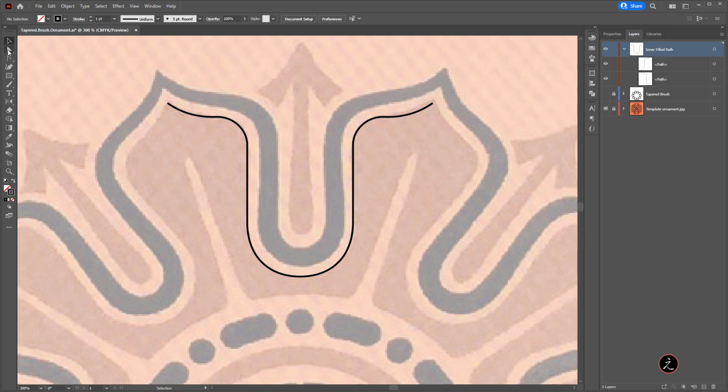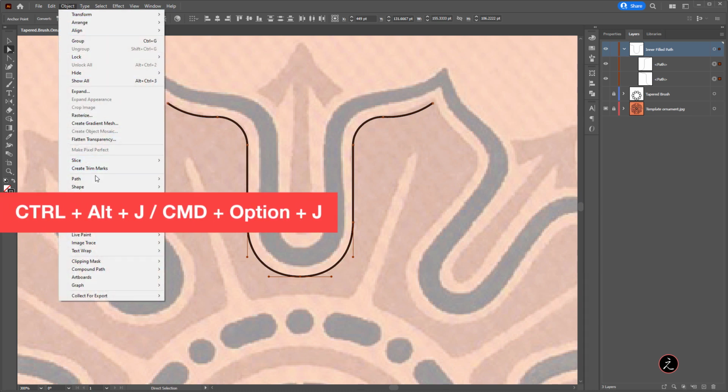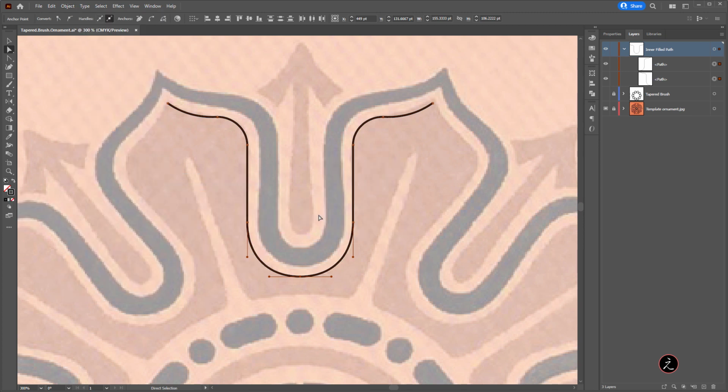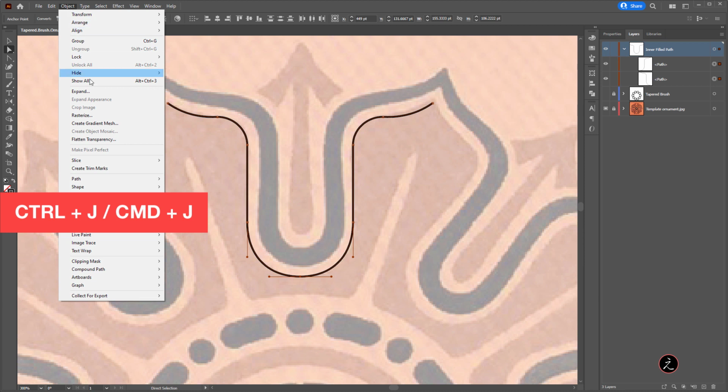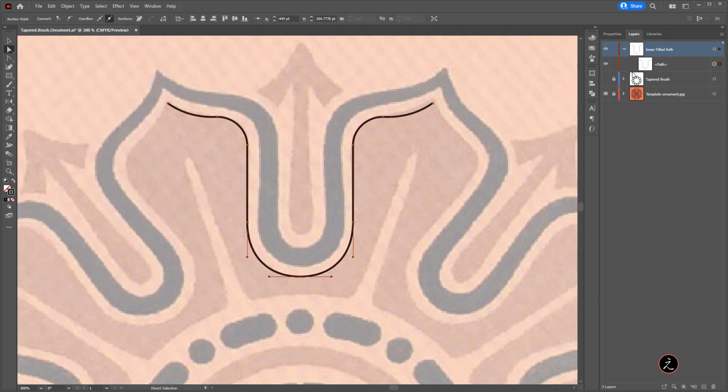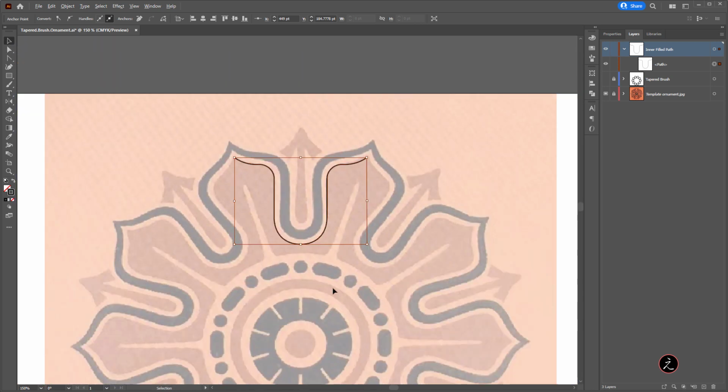And all I'm going to do is use the direct selection tool, marquee select those 2 endpoints, and this time we need to join those. So I will go up to the object menu, path, and I'm going to average those both. So click OK, and then back on the object menu, path, and join them together. You see, this is now a single path. Great. So what's next? Well, we need to do the same here.